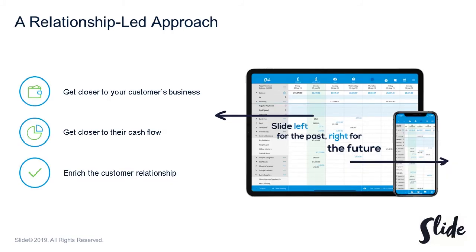Now, we've got the relationship. This is really just to explain to you how we're going to do this. We would like to work with you in many, many ways. We don't see the technology as a one-stop shop. We think of ourselves here at the Slide App as very much people that provide business solutions. We don't provide just technology solutions. We want to work with your customers, and we want to work with you to be able to make it